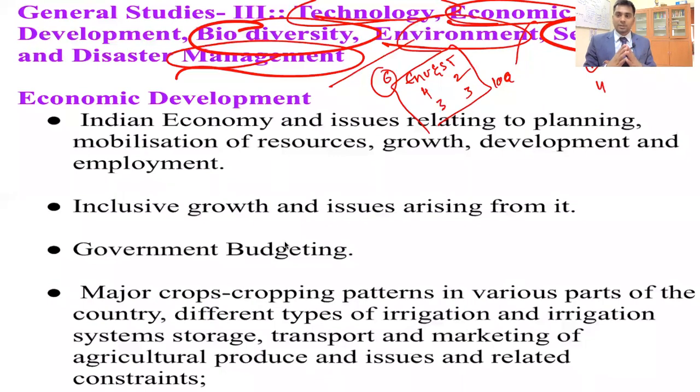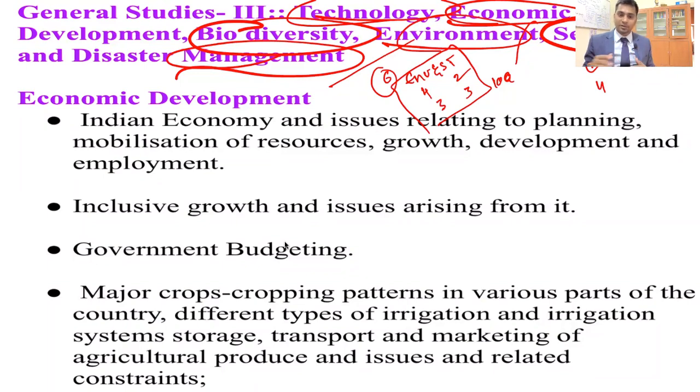This is the syllabus that's on the screen. Whatever you are finding is the syllabus that UPSC has mentioned as far as GS paper 3 is considered for the so-called first basket, that is economy, where you have the basics of economy in the first 3 topics, where you will be discussing growth, planning, development, employment. Every year they ask one question on growth and employment, and there will be a definite question on inclusive growth every year. This year also they have maintained the same trend. In government budgeting, yes, at times they pick up the questions here, at times they leave it. So the first 3 components are basics of economy, where you will find 2 questions every year. This year also UPSC maintained the same.